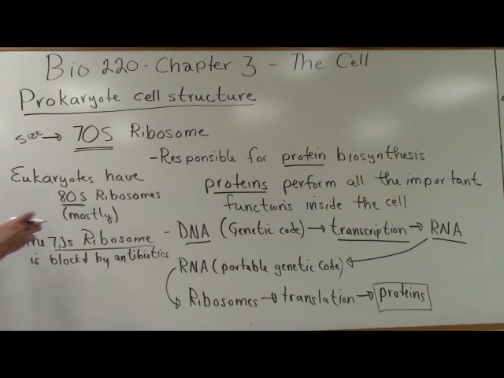And examples of drugs that are used to kill bacteria based on inhibition of protein synthesis and binding to and blocking the 70S ribosome include chloramphenicol, tetracycline,